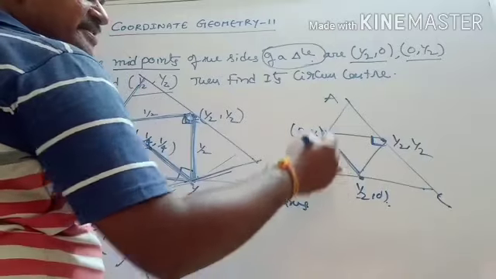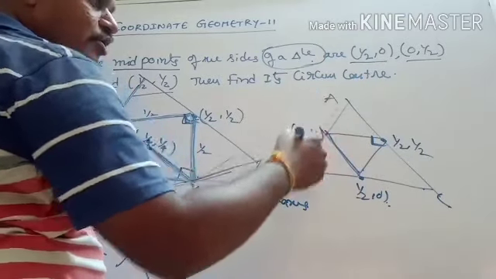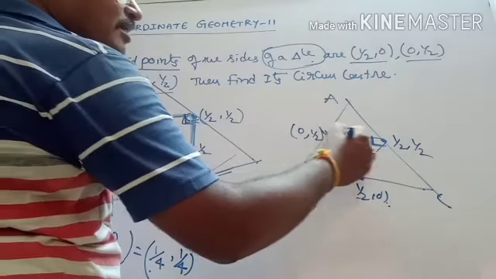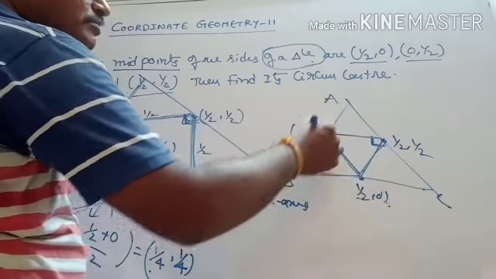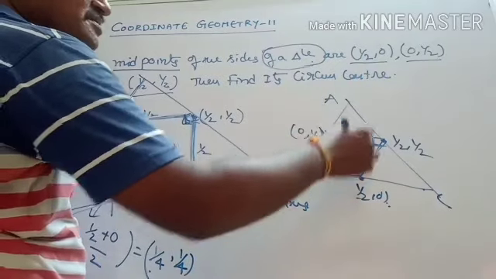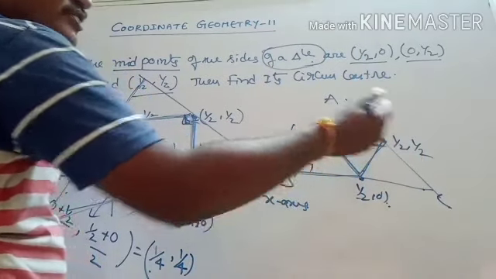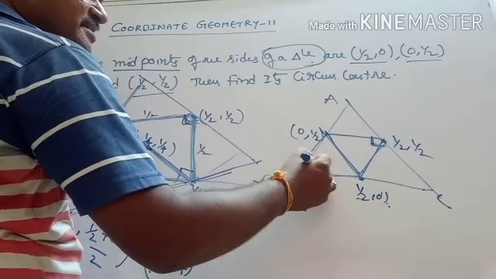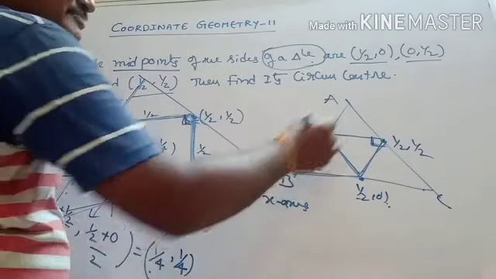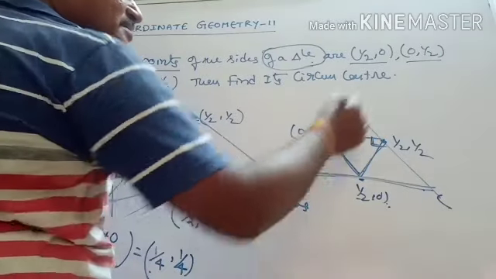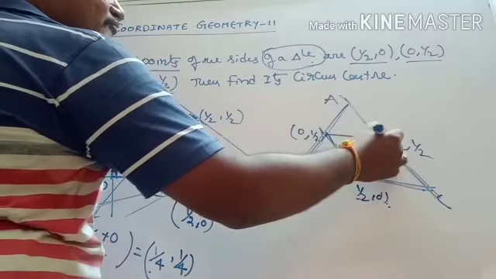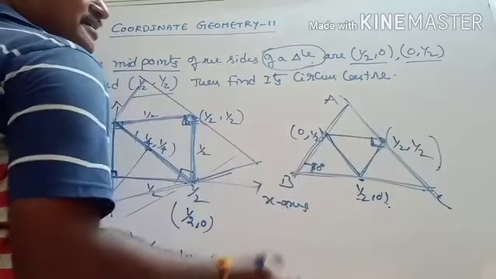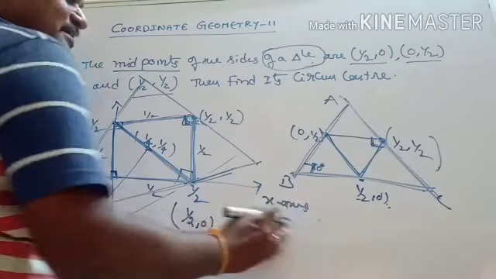Once this is 90 degrees and these are midpoints, we know, my dear students, that these will form a parallelogram. This is a parallelogram. We know already that. Once this is 90 degrees, this is going to be 90 degrees. Now this is 90 degrees, right? That means this is a right angle triangle and this is acting as the hypotenuse. Therefore, this is the midpoint of the hypotenuse. This is the circumcenter.